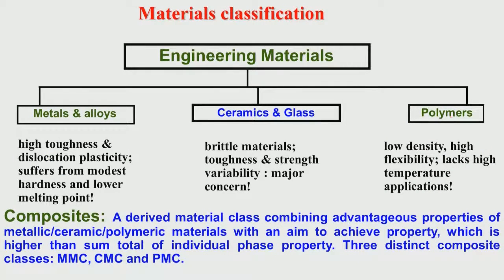Okay, a little bit of introduction to engineering materials: metals and alloys, ceramics and glass, and polymers. These are the 3 primary material classes into which engineering materials can be classified, and each of these material classes has its own advantages as well as disadvantages. Advantages of metals include high fracture toughness and dislocation plasticity, but disadvantages include poor corrosion and wear resistance, because many of these